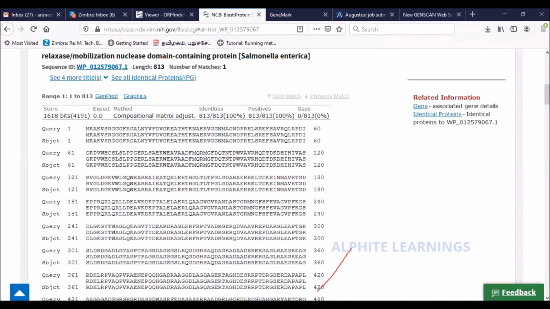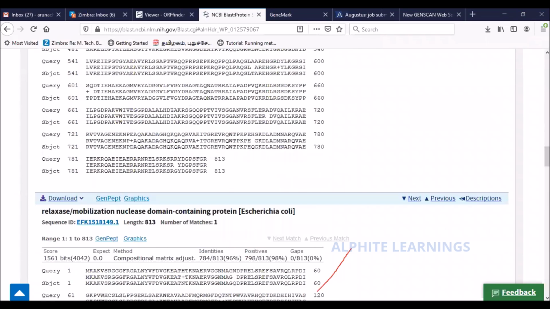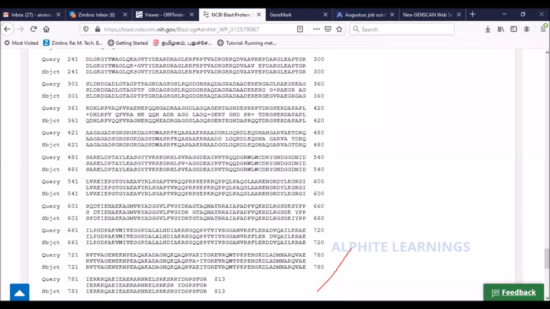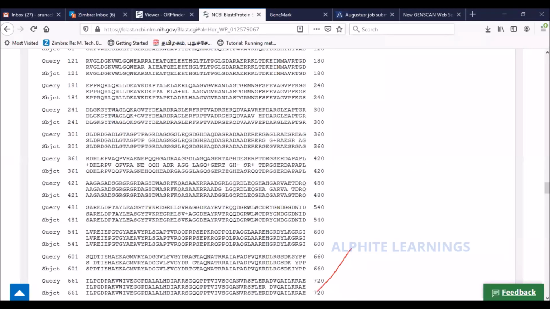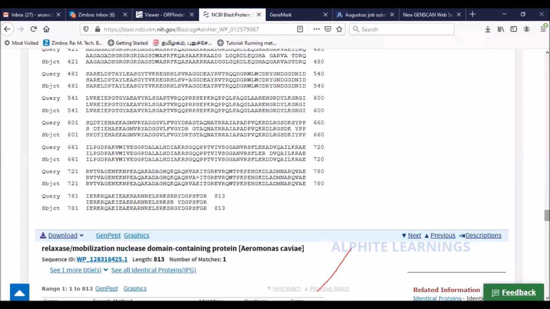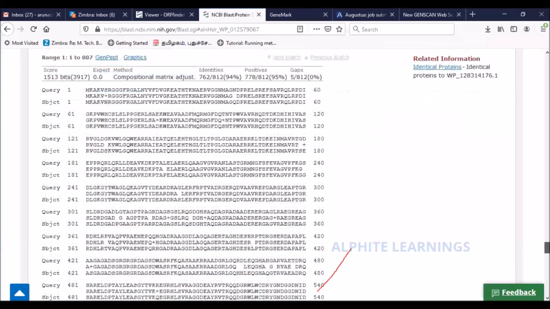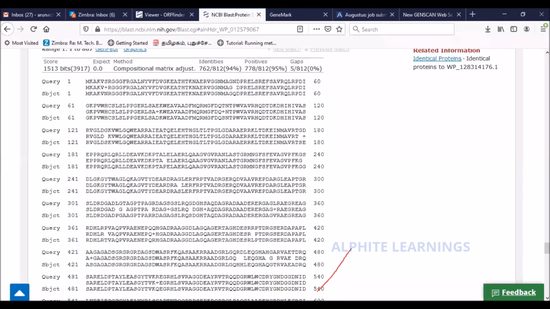All right. Let me show something else for you. There could be something else that gives you a different kind of picture. All right, you see here.